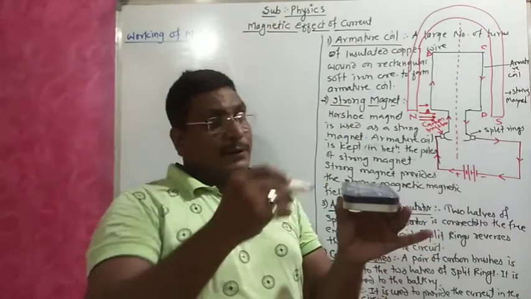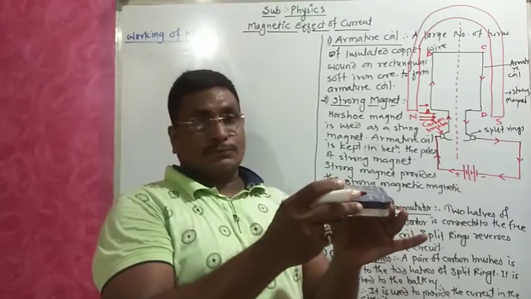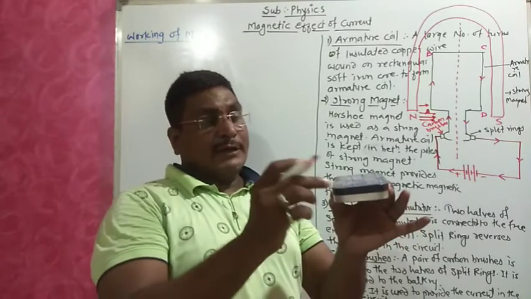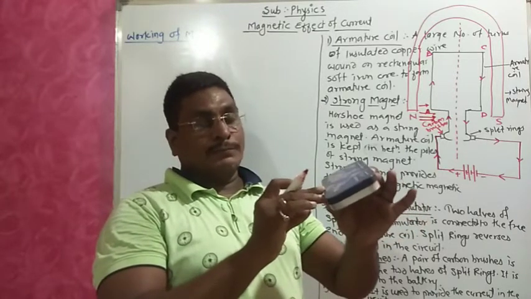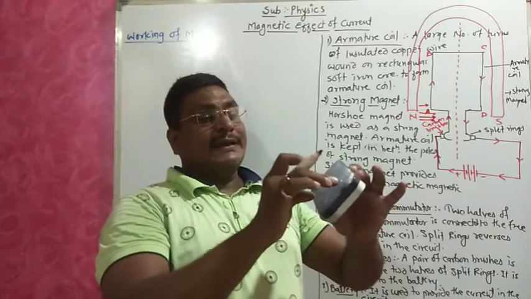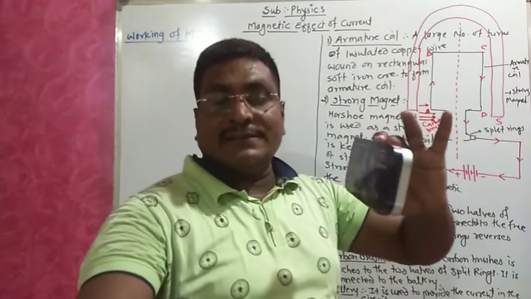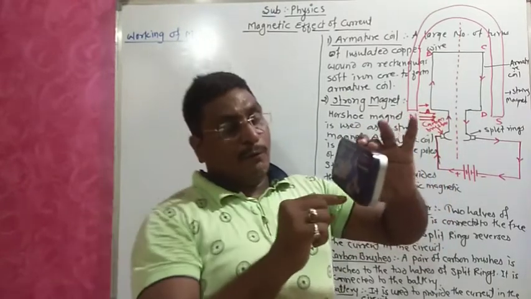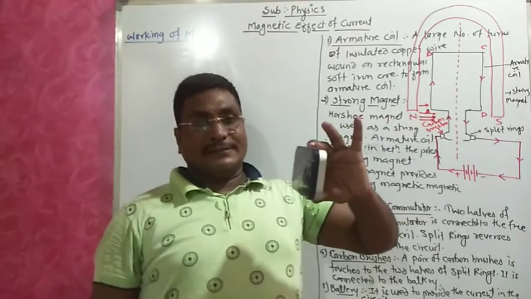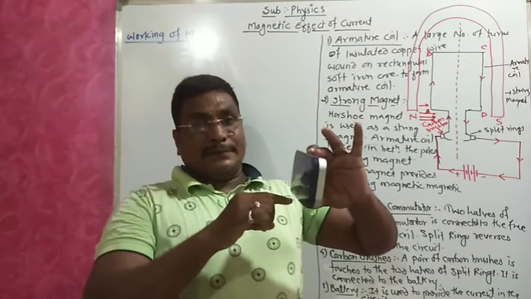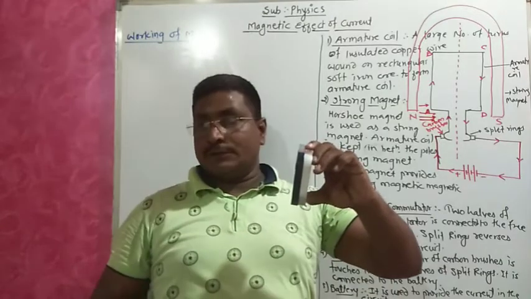So what will happen? According to Fleming's left hand rule, it exerts a force. So how is it exerting the force? The arm AB of the armature coil is moving downward and arm CD will come in the upward direction. Did you observe, students, how it is? So AB went downward and CD came upward. So when the armature coil comes in the vertical position,